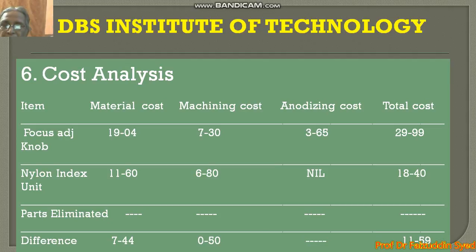The focus adjust knob material cost is 19.04, machining cost 7.30, anodizing cost 3.65. The total cost goes up to 29.99. Whereas for the nylon index, the material cost is 11.60, machining cost is